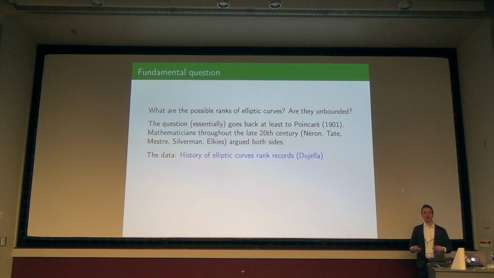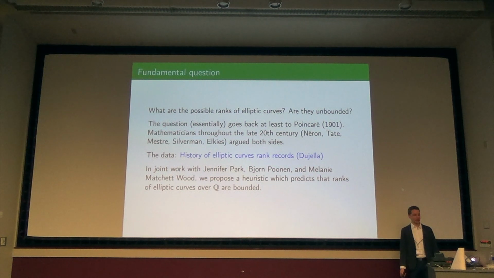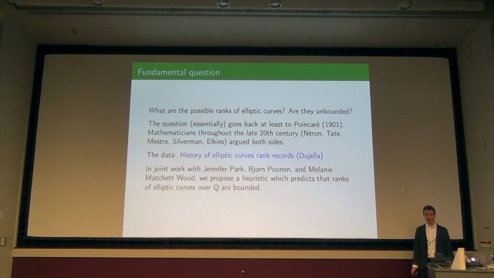There's data that shows some number of elliptic curves of high rank showing up. So if you want to see how large ranks can get, what we know right now is there's an elliptic curve of rank 28 that was found by Elkies. It's 28 under GRH, with 28 or 30 unconditionally. So that's as large as we know the rank can be: 28. Okay? And I don't know if 28 feels like infinity to you or not, but I guess that's pretty big. So our contribution is that we propose a heuristic which predicts that the ranks are bounded. We'll also tell you what proportion of elliptic curves we think have a given rank.